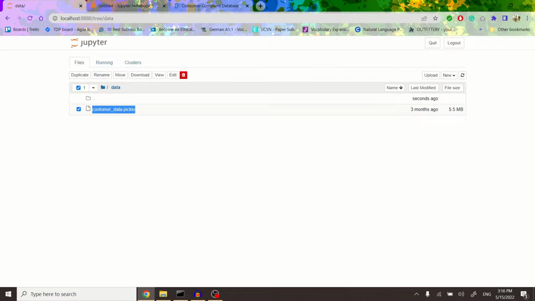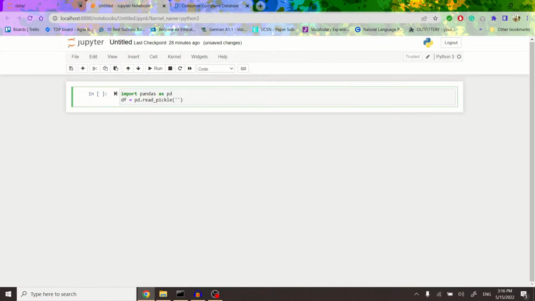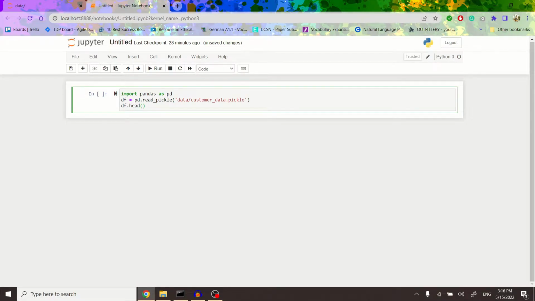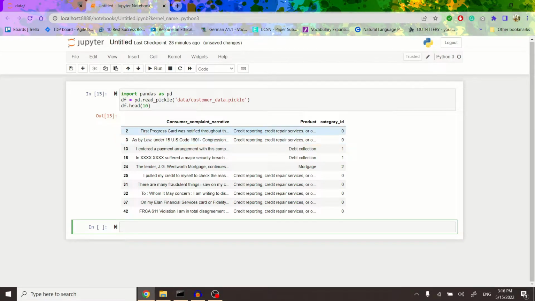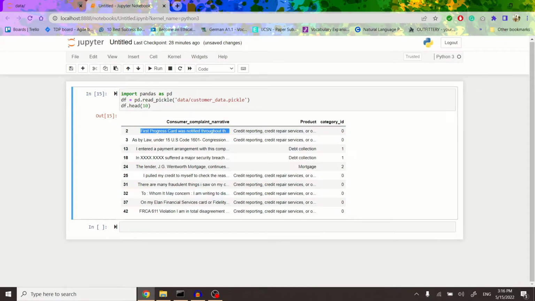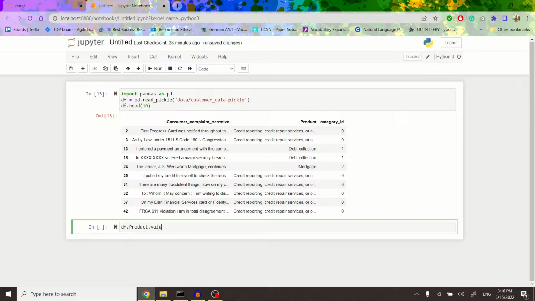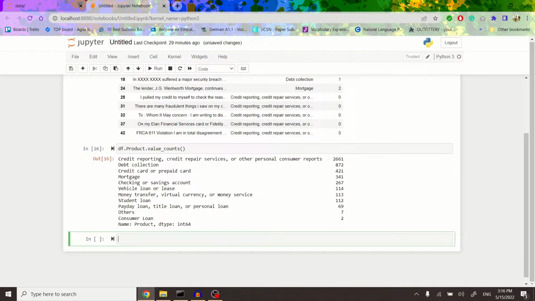So the location of the dataset is in the data folder here, and then I will show you the top 10 rows. Now you can see that there is a text column, and with each customer complaint there is an associated category. First of all, let's see how many different categories there are. As you can see, there are 11 categories with different numbers of complaints. Normally we merge these small complaints into one other category, but we are not here for pre-processing, so let's